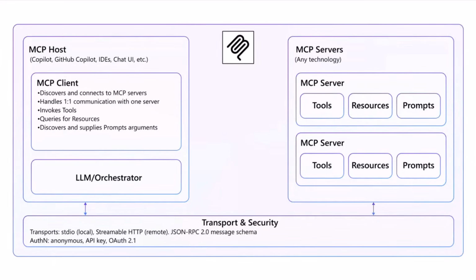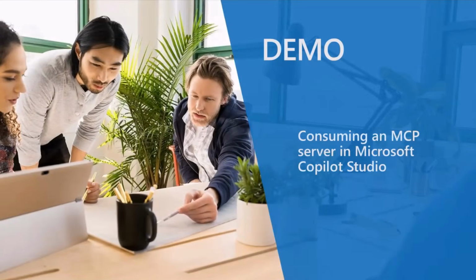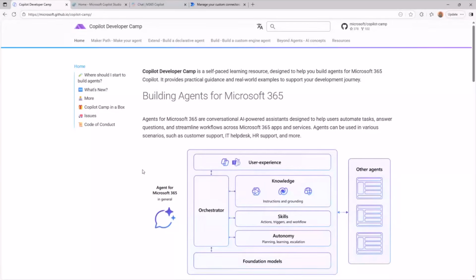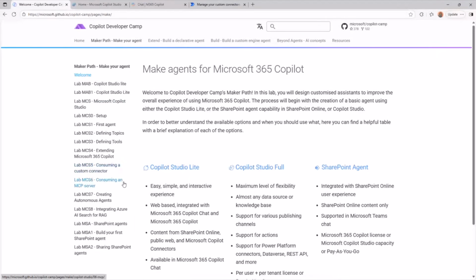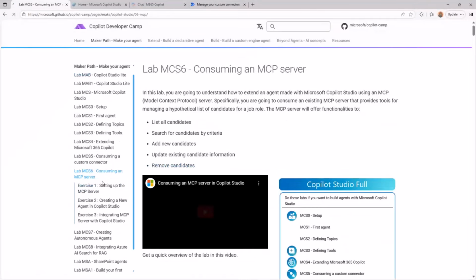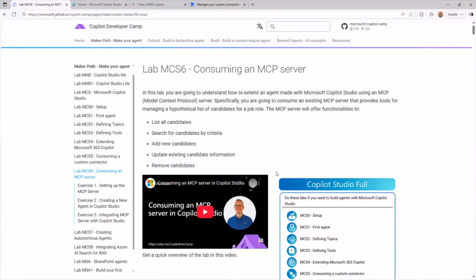So that said, let me move to the demo. Let me show you what we have in the lab inside the Copilot Camp. First of all, I'm going to show you the Copilot Camp homepage. In there, if you go into the maker pathway, you can find lab number 6, which is consuming an MCP server. And that's precisely what we're going to do right now in this demo. And if you want to do that on your own machine, just go here and have fun with this lab